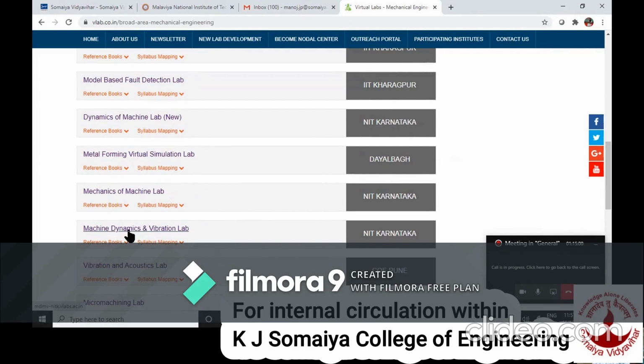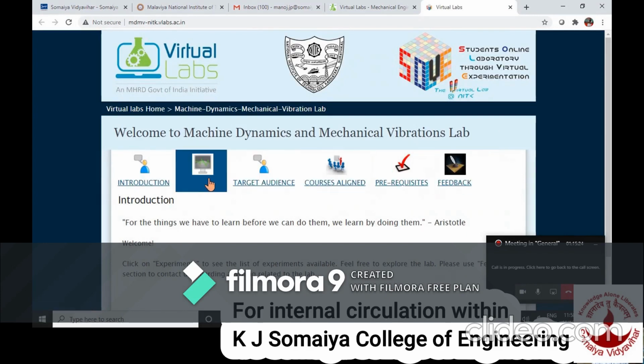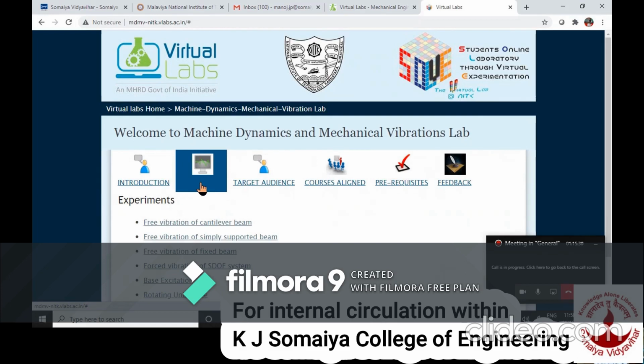machine dynamics and vibration. Now when you enter this lab, you can see there are different tabs. You can refer to the introduction, what the lab is all about. Then you can go to the list of experiments. In the list of experiments, you can see the first two experiments, free vibration of cantilever beam and free vibration of simply supported beam.